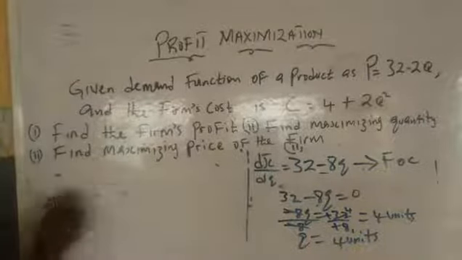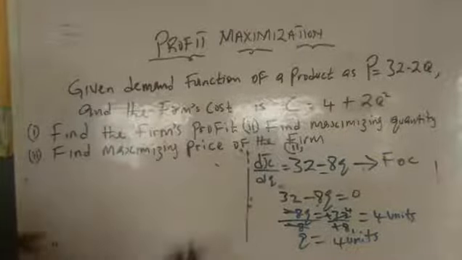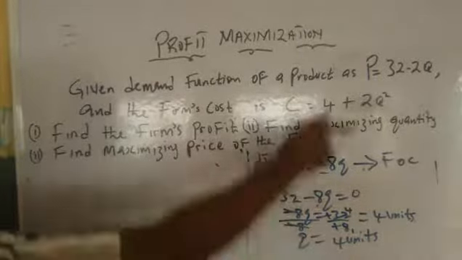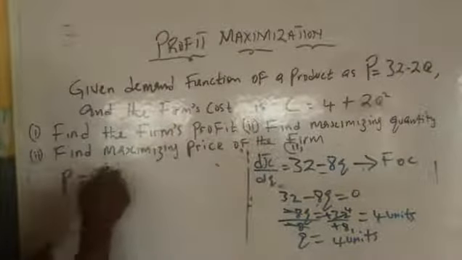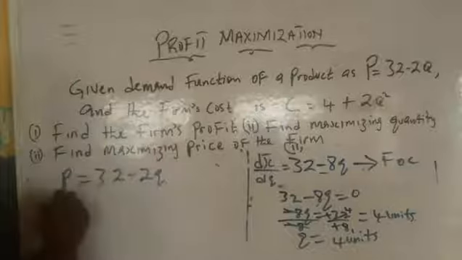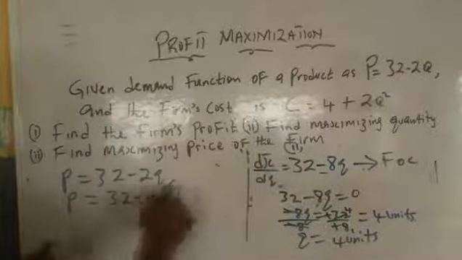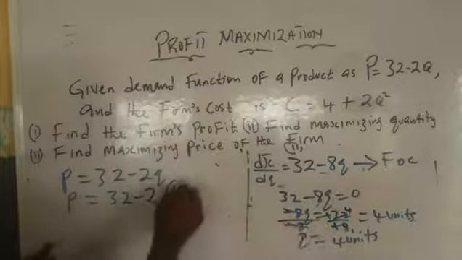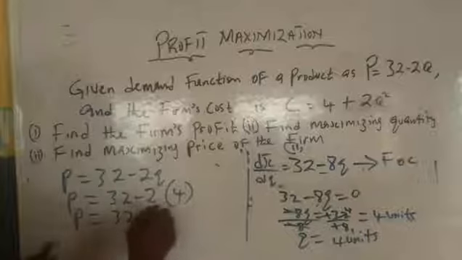Now the last question here is that we have to find the maximizing price. So what you just have to do is use your maximizing quantity to get your maximizing price. So we are going to have P, you write the price function, P equals 32 minus 2Q, which is P equals 32 minus 2 bracket, what is your Q here? 4 units. So we are going to have P equals 32 minus 8, which is